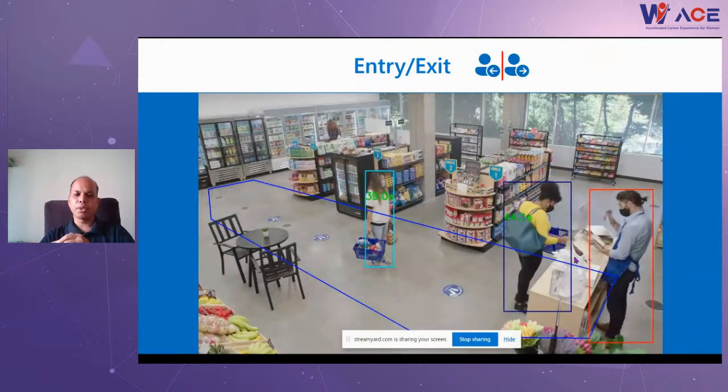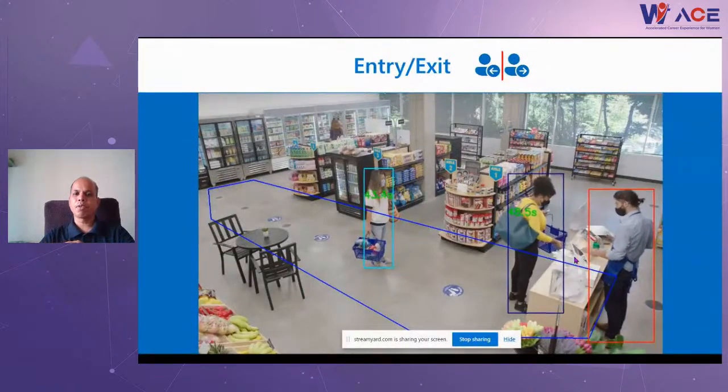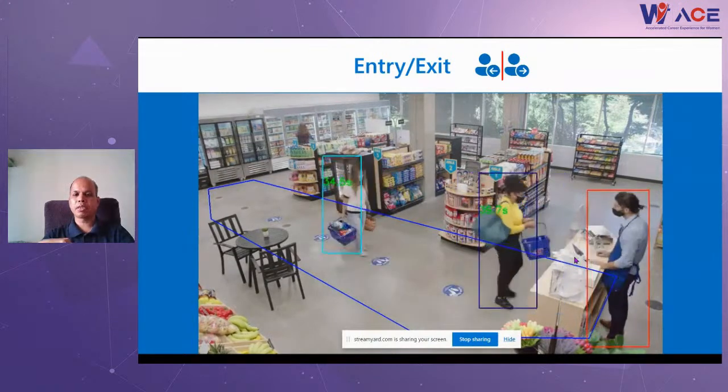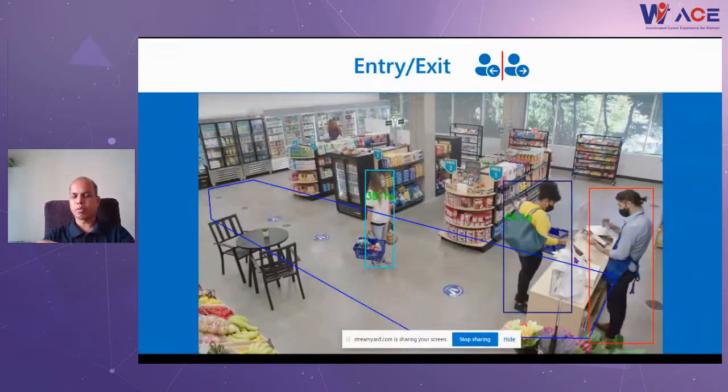Here is another example. Shoppers are coming into the superstore. You can see there is just one person at the cash counter, and there are people picking up their items in baskets and waiting for their turn to check out.